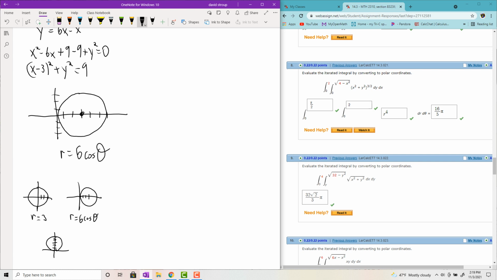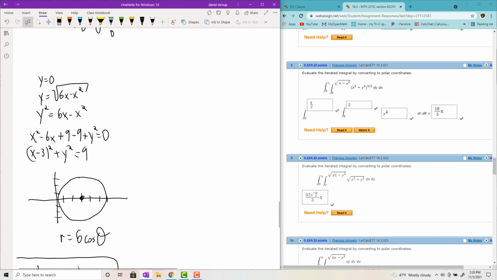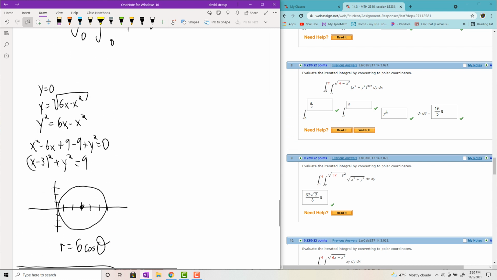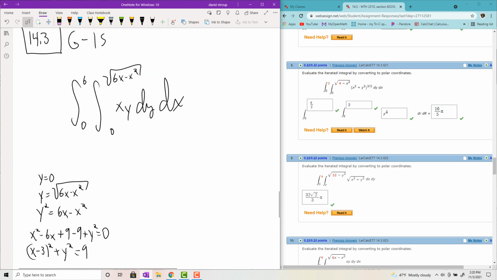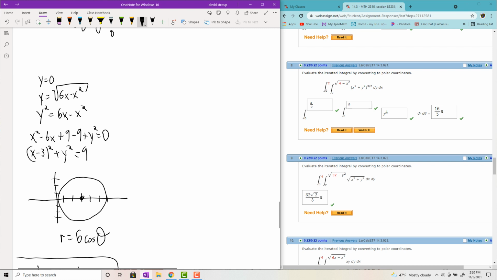And in that case, r would equal basically just 6 sine theta. Okay, so you should be able to graph or convert any of those types of forms. Those are the basic ones. I'm not worried about rose petals or anything crazy. So anyways, doing your polar conversion then,